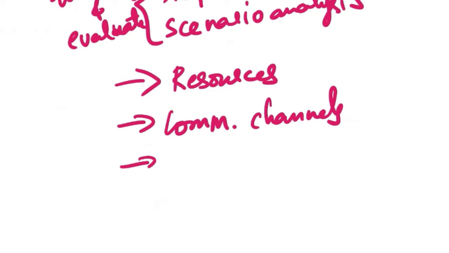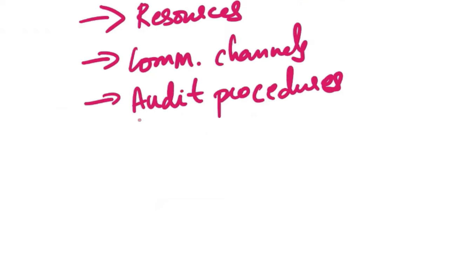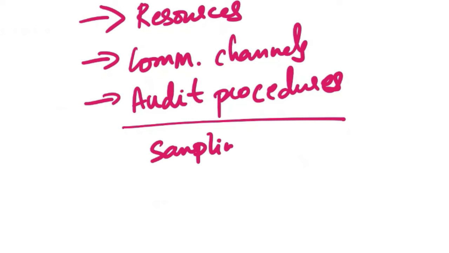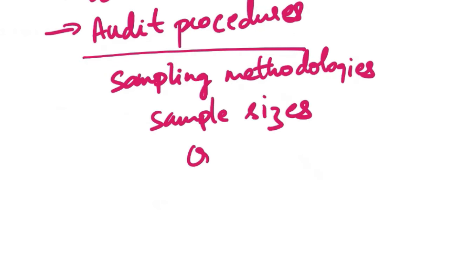The next step is to develop audit procedures. So you develop detailed audit procedures and checklists for each aspect of the audit, including documentation review, interviews, observation, and testing. Then specify sampling methodologies, sample sizes, and criteria for selecting samples to ensure that audit testing is representative and statistically valid. Also, document the steps to be followed during each phase of the audit, from planning and execution to